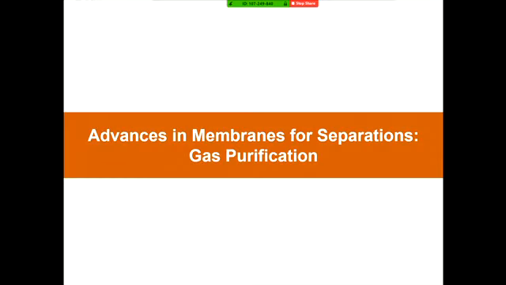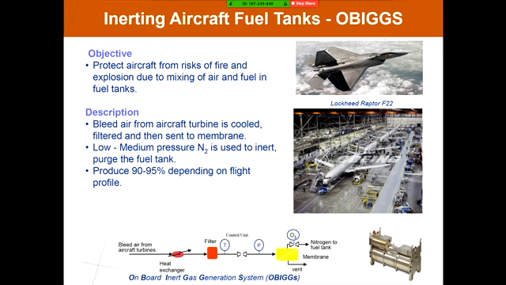But with that in mind, we'll look just briefly at some potential advances in gas separation membranes. And I thought I would look at it from a point of view of applications and then what one might do to the material science to impact that application. So this is a current commercial application of membranes, so-called onboard inert gas generation systems, or OBIGS systems. On virtually every commercial aircraft and many military aircraft and helicopters, membranes on board today inert the fuel tank to help prevent